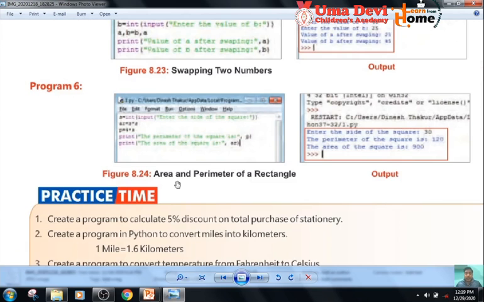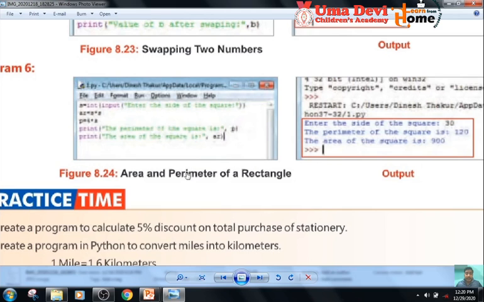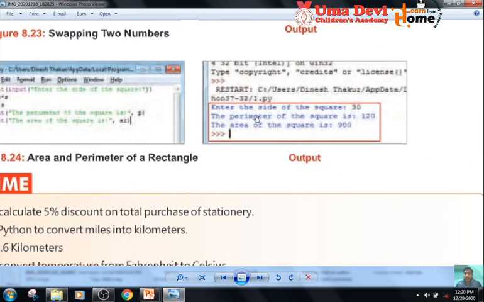Now the sixth program, area and perimeter of a rectangle. Look here, it is the area and perimeter. Okay, so how have they solved it? Firstly, they have entered the side. Then they have given the perimeter, then they have given the area of the square, and then they have